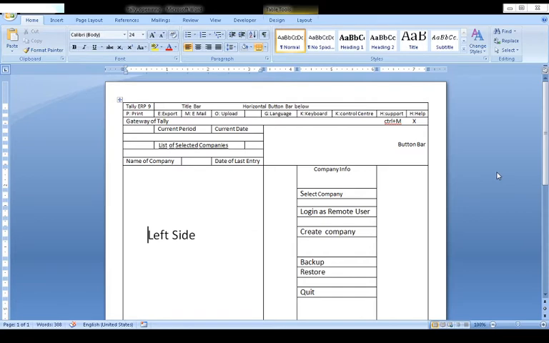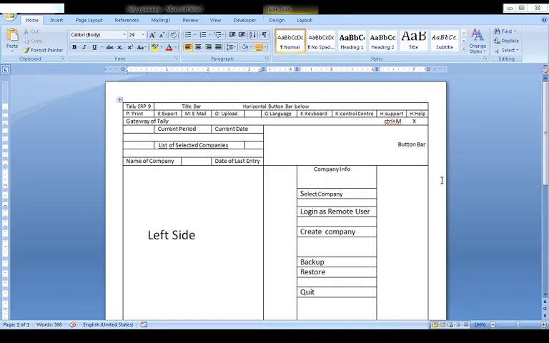Okay, today's lesson is Tally. When you open the Tally, how do you open the Tally? Press Windows D, you go to the desktop and there has to be an icon. Press T, go to the Tally, enter, and the Tally will open. And there are other ways also, which we will discuss later. So the Tally is opened.